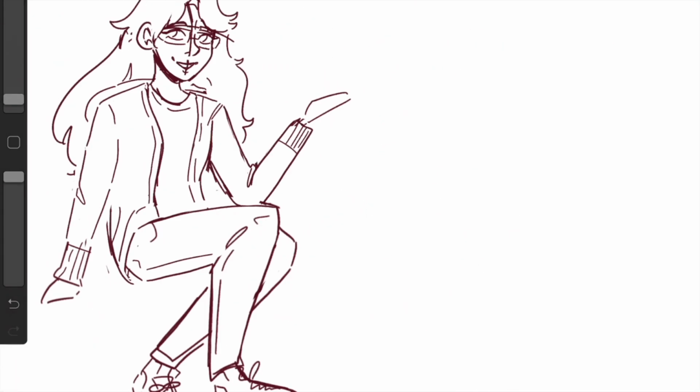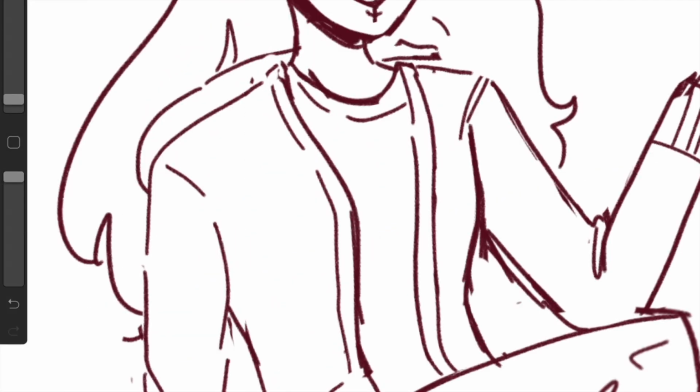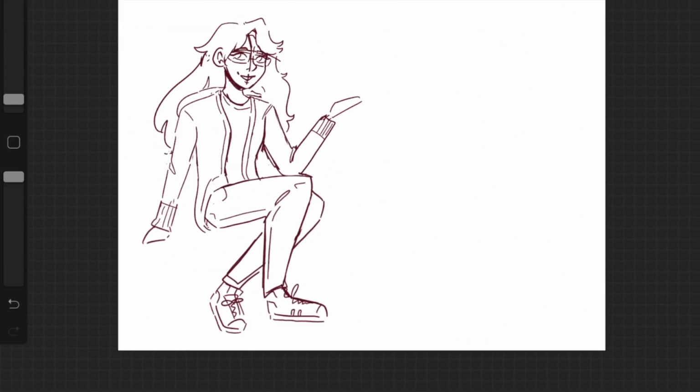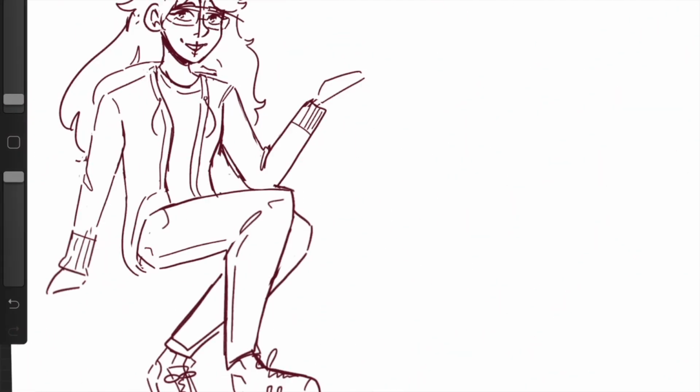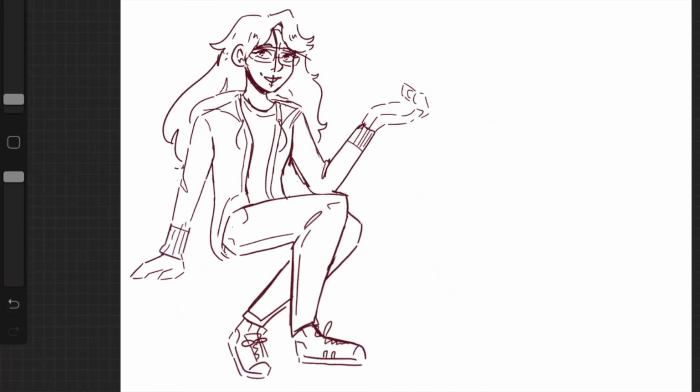So, corn. Some more fun facts about me. I am mixed race. I am actually half Chinese and half white. I have two siblings who are both older than me, and I also have two adorable cats and a giant fluffy dog. Now, to break from talking about myself, because it gets exhausting, let's talk a little bit about the